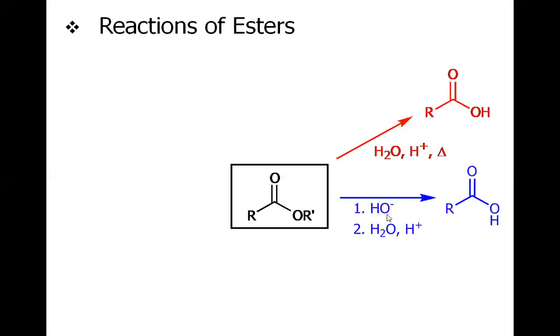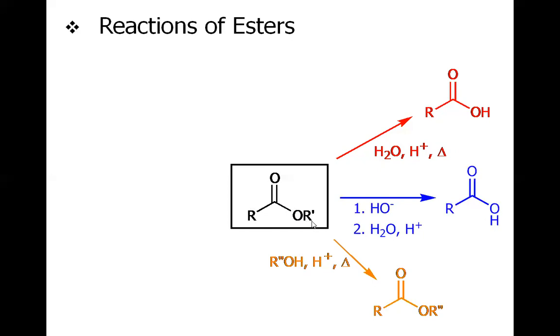We may also have the base catalyzed, but in the base catalyzed, we will have to use the acid in the second step to produce the final desired product, that is the carboxylic acid. And if we take some alcohol, so we may have this transesterification reaction, because we had the ester. Our starting material was some other ester, our product is some other ester.